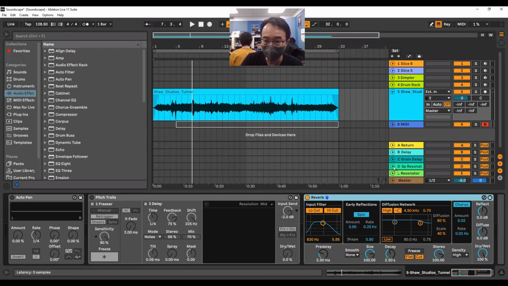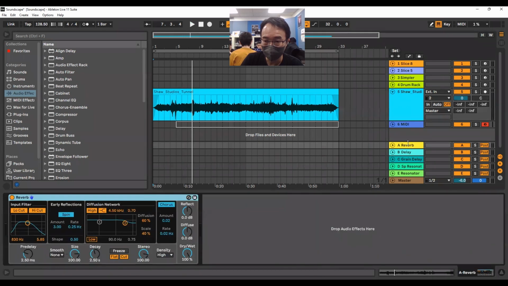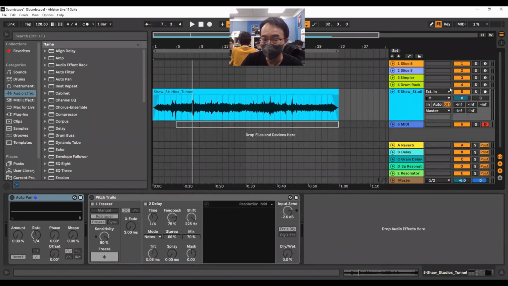I move the reverb onto a return track instead. So now it's on return track A. And I send it. These little knobs here are A, B, C, D, and E. If we were to look at it in the vertical form, it would be easier to see. Let me move into the